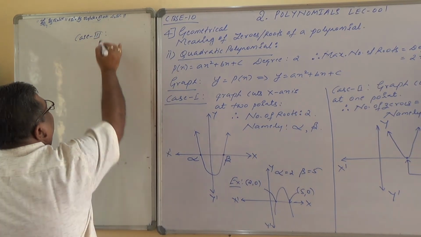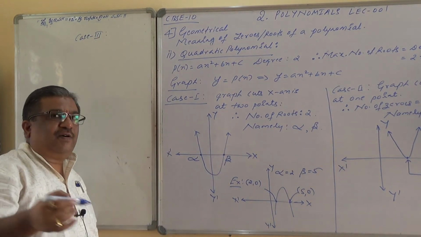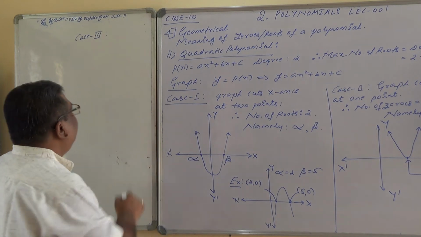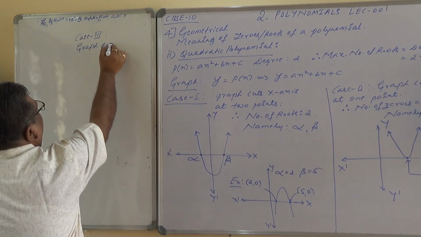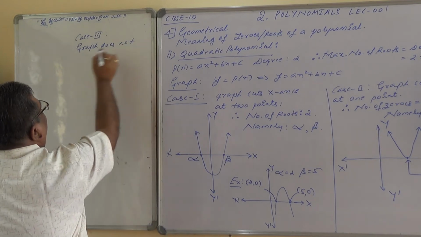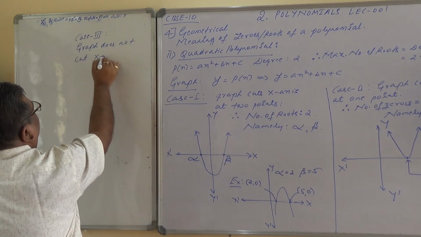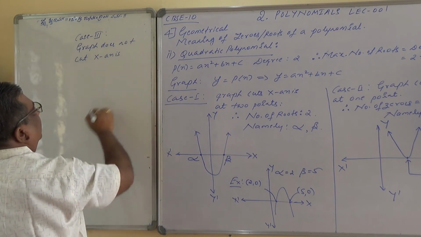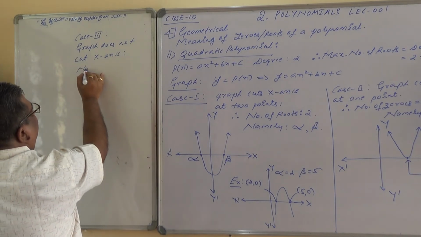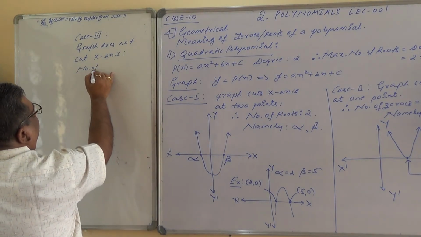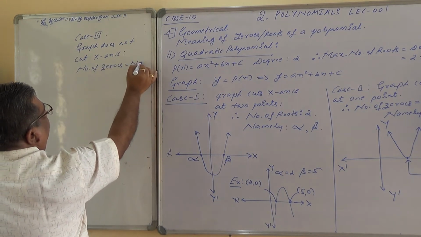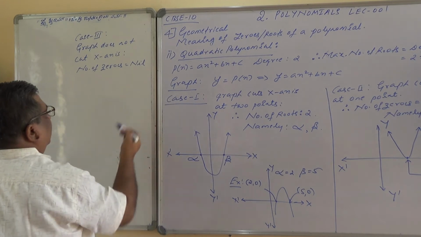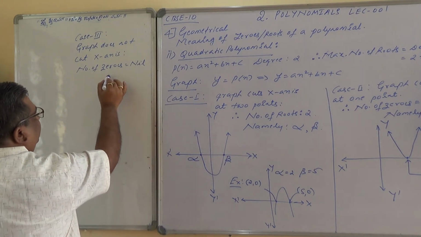What is case 3 here? The graph does not cut the x-axis at all. So in this case, number of zeros, nil, no zeros. How do we get the graph of this one? See,